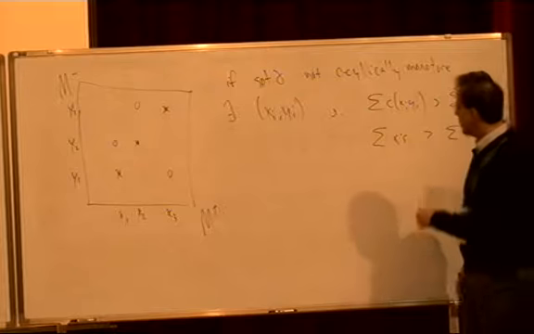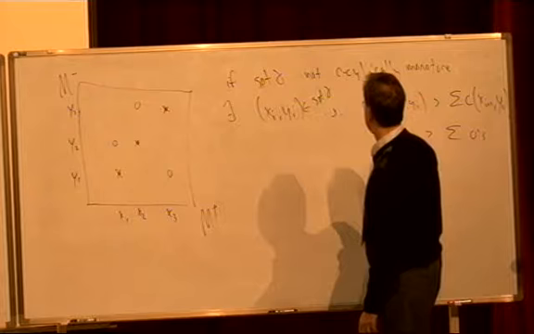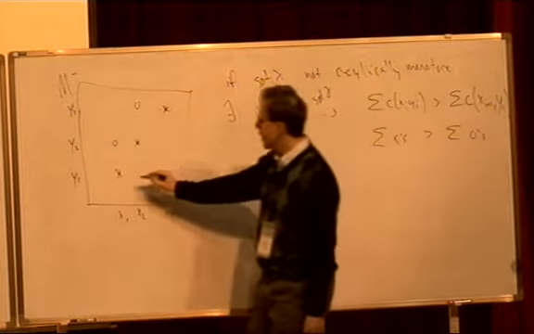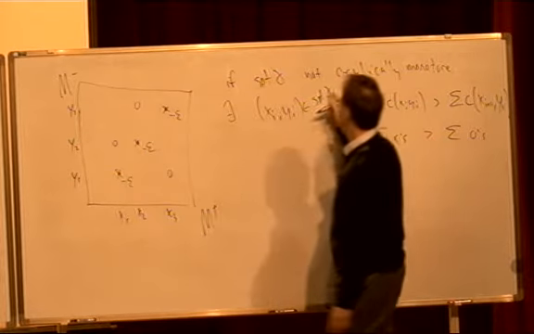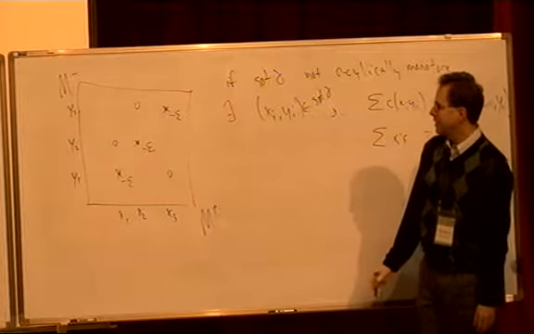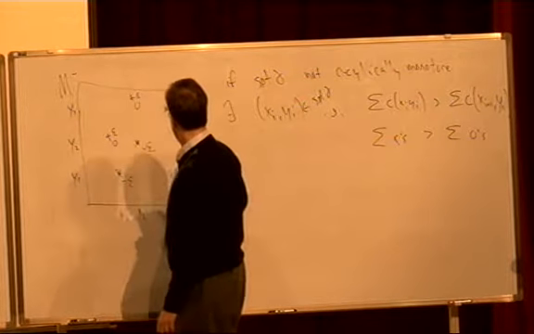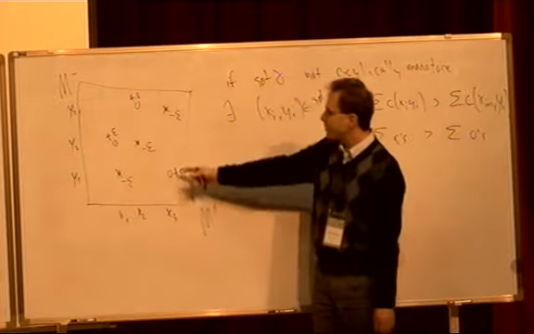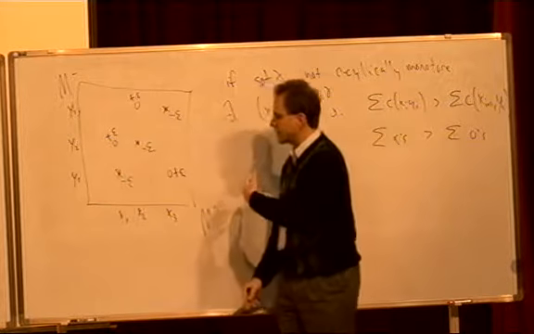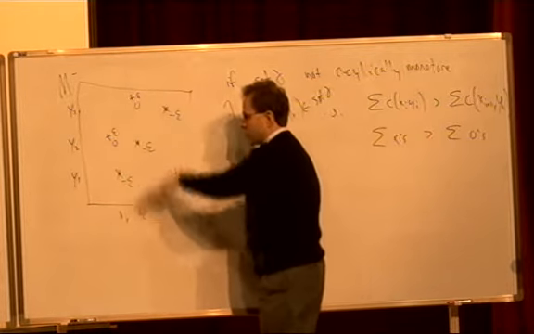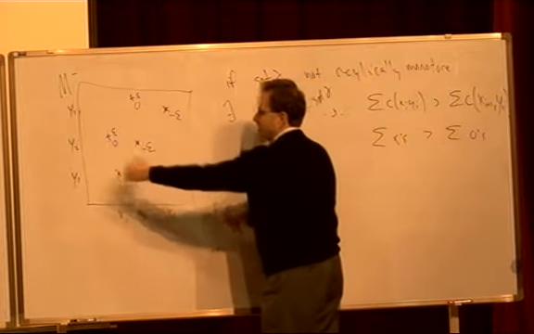And so what can I do? Well, the x's here are supposed to be in the support of gamma. And so that means I can take away a little bit of mass at each of these 3 points from gamma and still have a non-negative measure. And I can put down a little bit of mass at each of those 3 points. And if I'm careful about how I do this, I can subtract this mass and add that mass in such a way that I don't change the projections, either horizontal or vertical. So I can make this exactly cancel that, and this also exactly cancel that, and I change neither the horizontal